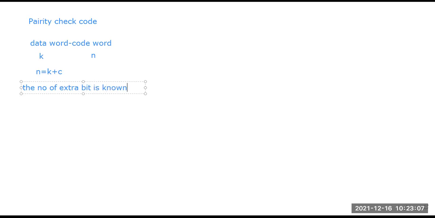This parity bit is selected to make the total number of ones in the code word even. To make a code word, we use one or two extra bits and put in values with respect to that.